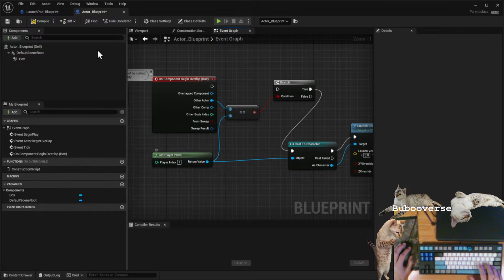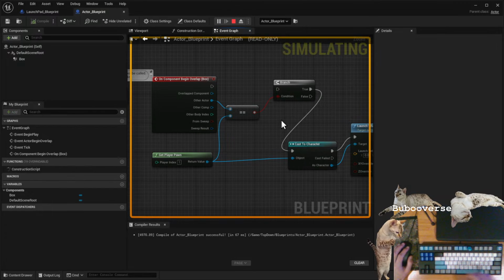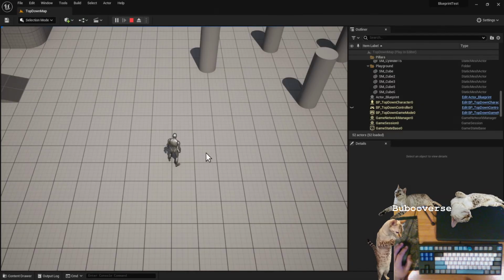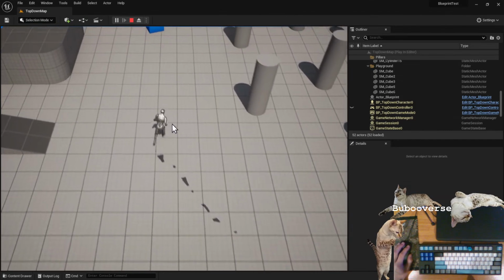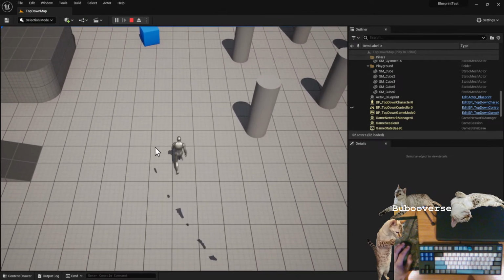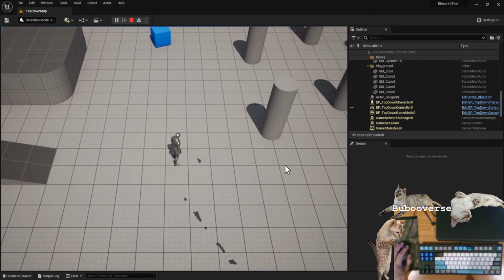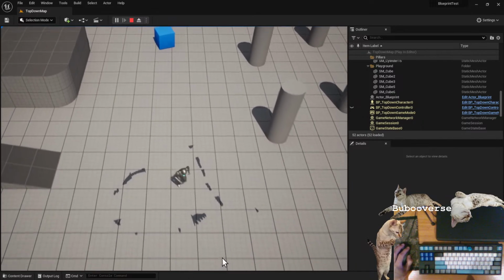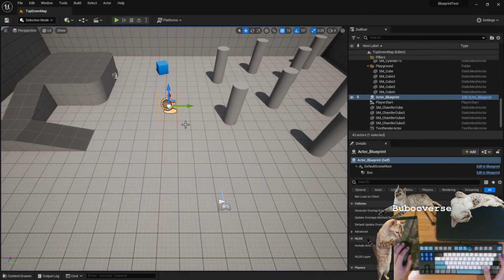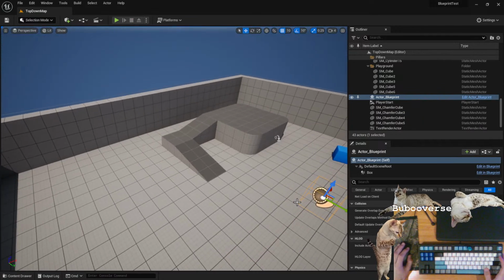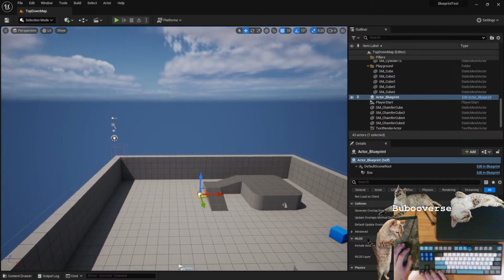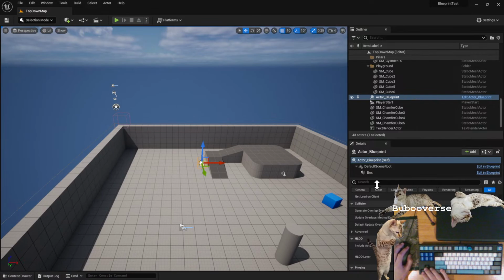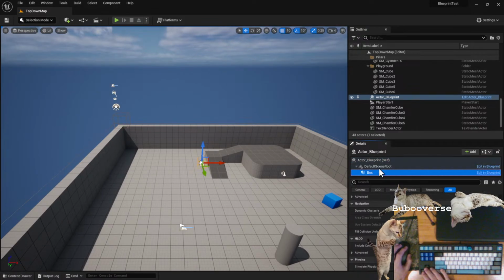Maybe it's just 0 indexed or 1 indexed. Good to go. Hit play. Go back to our game here. Nothing is happening. Hit stop. Maybe this capsule's too high up. Oh yeah, that is an issue. Okay, so this box